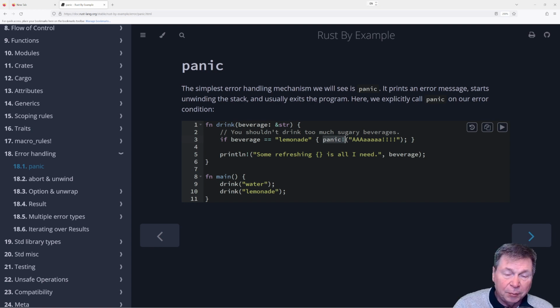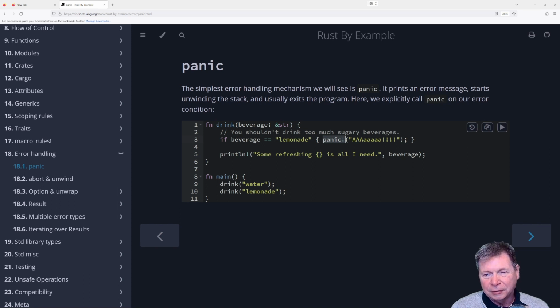Let's say, for example, you were building a cash register application. You really don't want your cash register app to panic and then unwind the stack and shut down, because that poor cashier is going to have to restart the app, which they probably don't know how to do, to get things going again. So you want to survive pretty much everything.